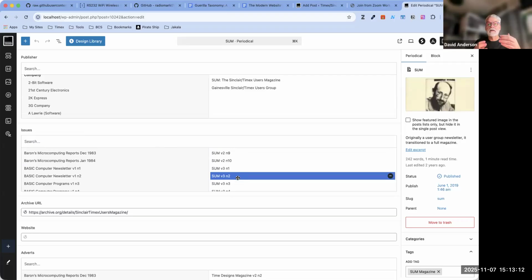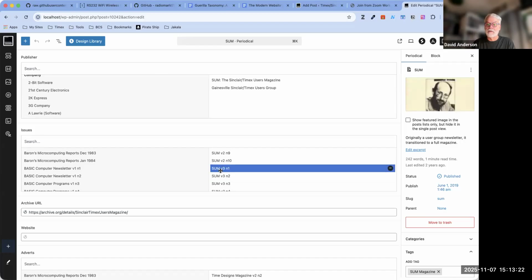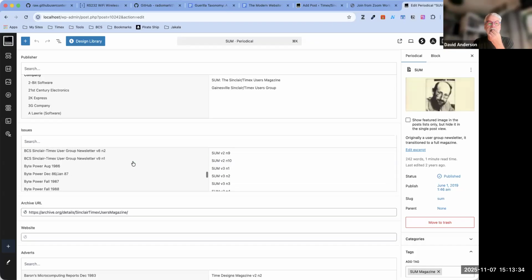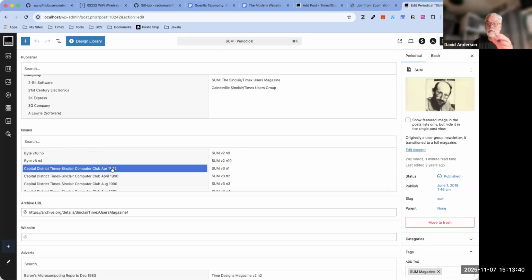And the reason I can't sort it after the fact with an ordering statement is because I'll end up with volume 3, number 1, and then it'll be volume 3, number 10, right, because of the way ASCII sorts. And there are literally, I mean, you can see, I don't know, 600 or 700 issues across different